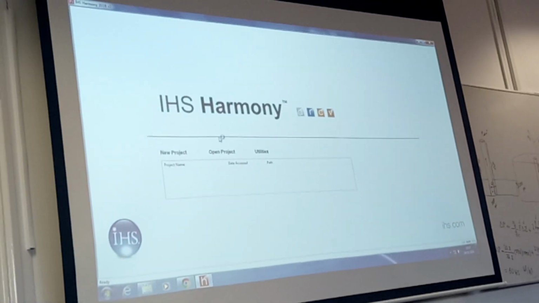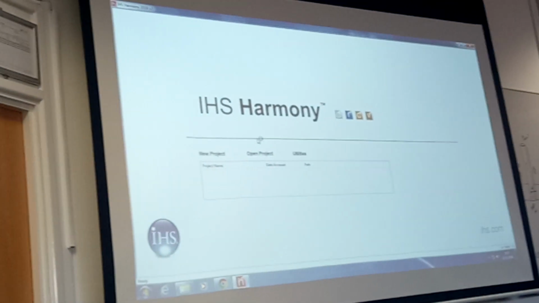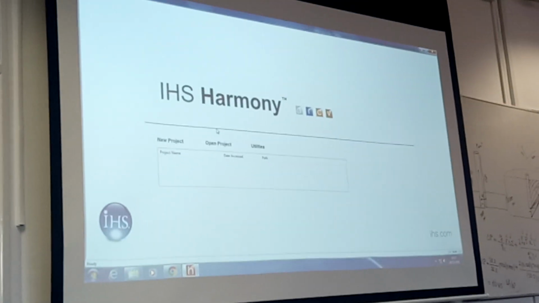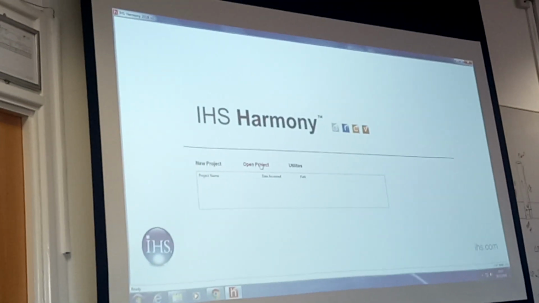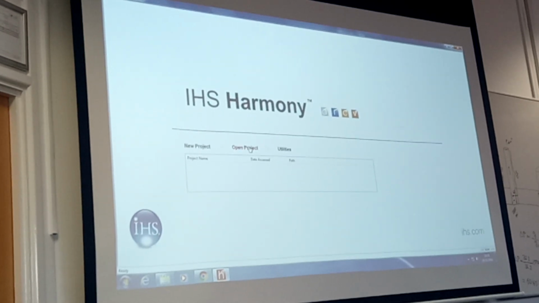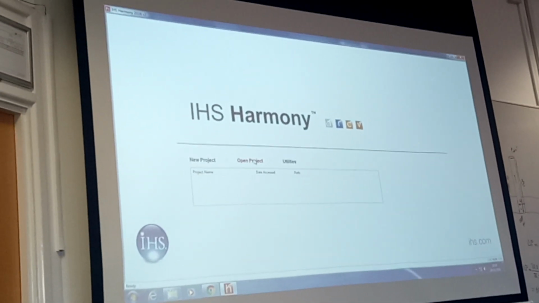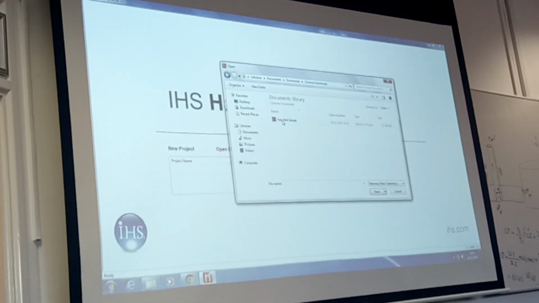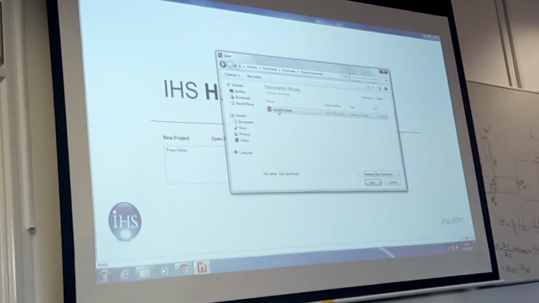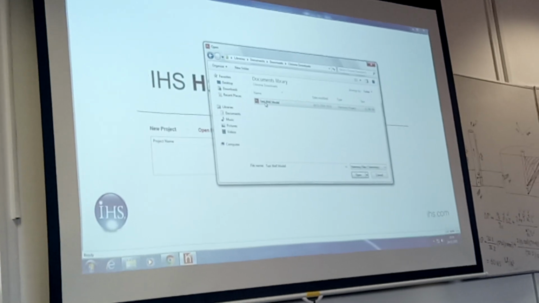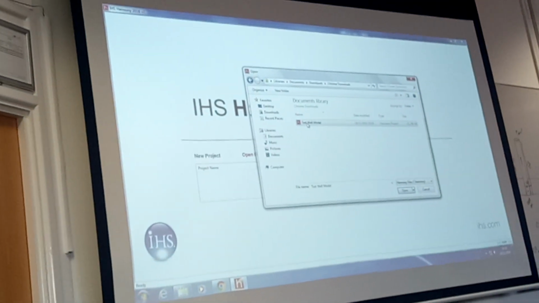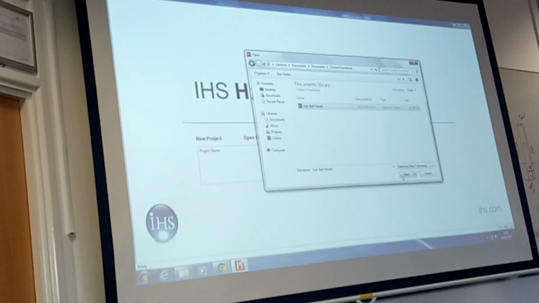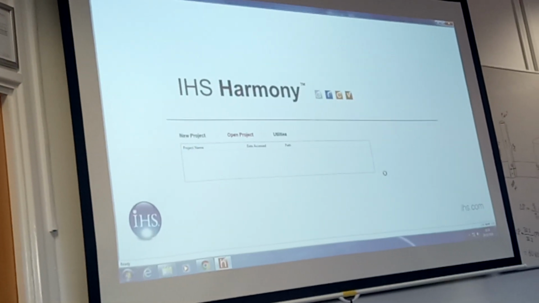So you need to go back to the first screen of the software, and open your project that you have saved somewhere, right? So let's open the project. That's my test well model, which I have uploaded for you in the Moodle a while ago. So open the project now